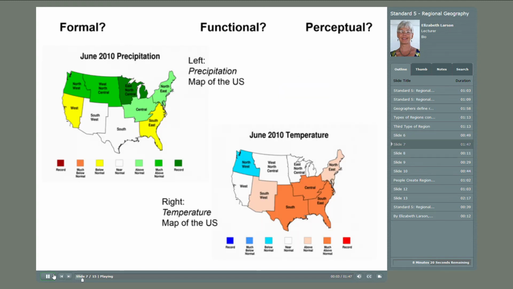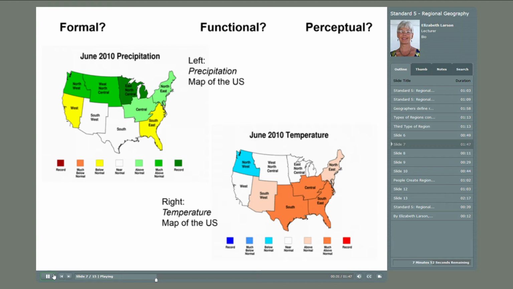The two maps on this slide are climate maps, and they're broken down in two different ways. The upper left-hand corner is the precipitation map from June 2010, and the map in the lower right corner is the June 2010 temperature map. Looking at both maps, you can see that they're subdivided into regions of the United States based on general climate